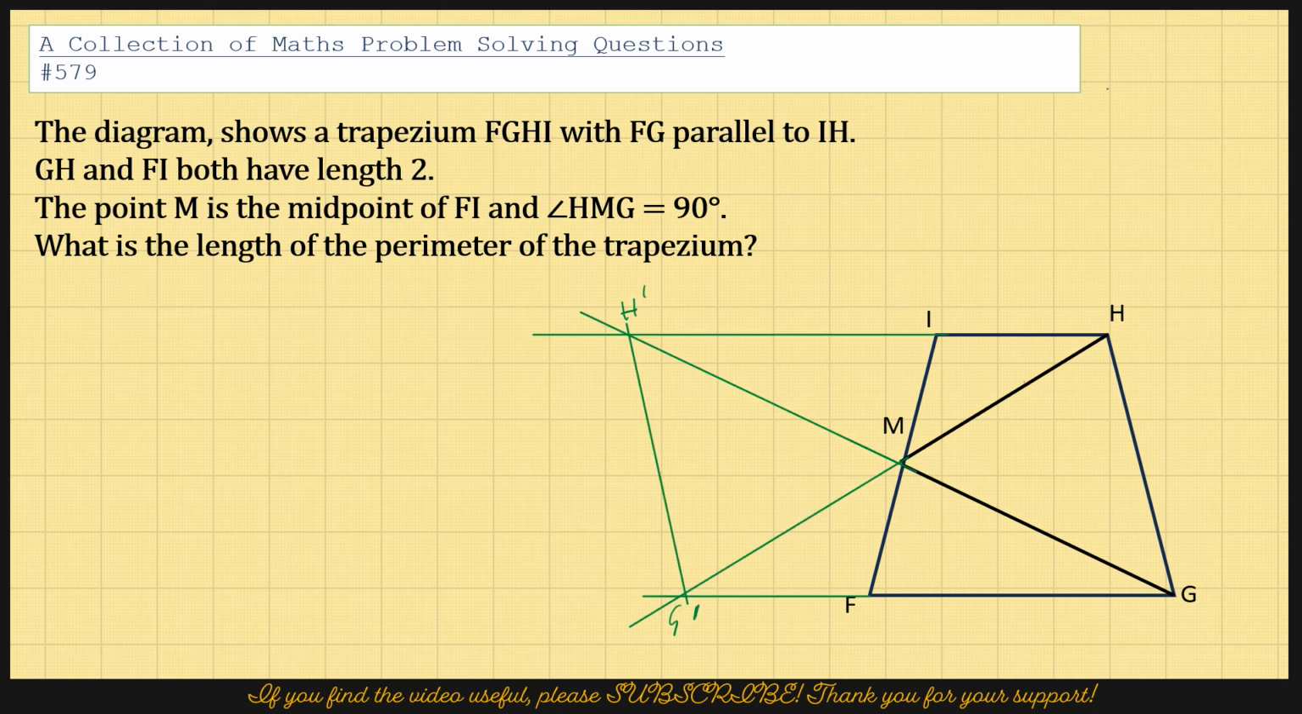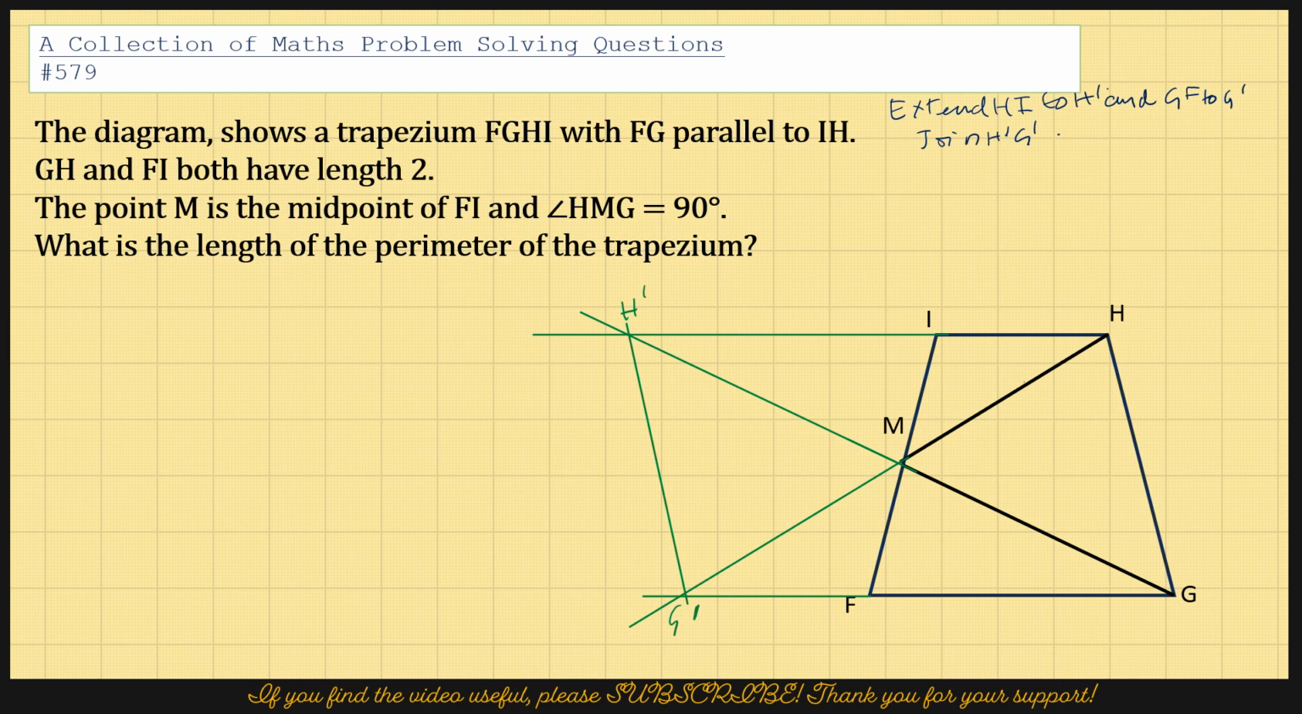So what I did is I extend HI to H dashed, and GF to G dashed, and then I join H dash G dash. Then what you see happens as a result of that is HH dash